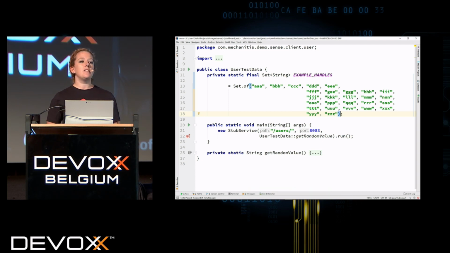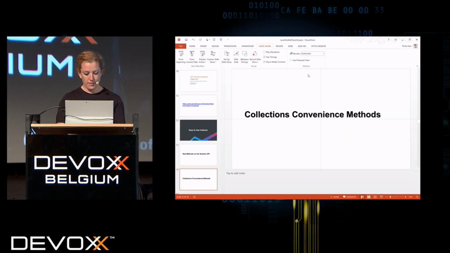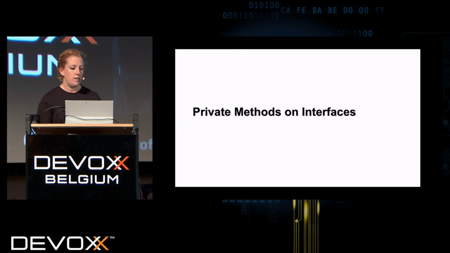So there's a bunch of these things around collection helpers, and it's not going to change anyone's lives the same way that lambdas and streams did, perhaps, but it is going to make our lives as developers just that tiny bit nicer and a bit less like, oh, how do I create a hash map from these things? Or how do I create a set from these things? So just going to remove tiny frustrations, I think.